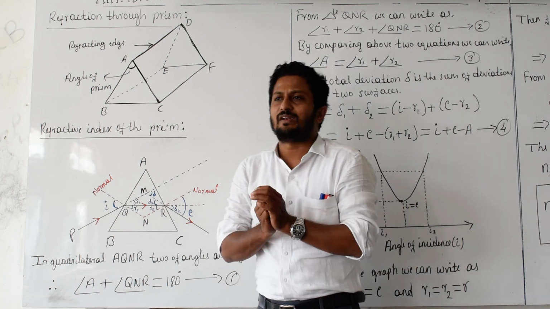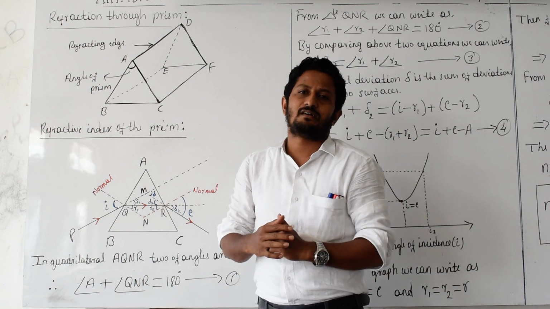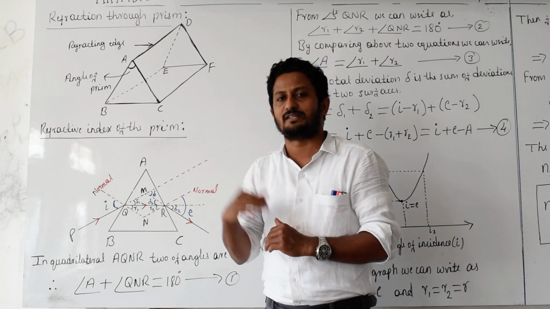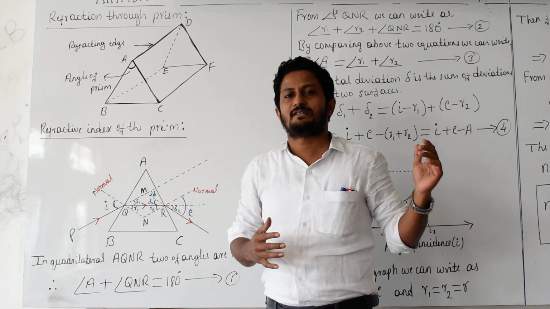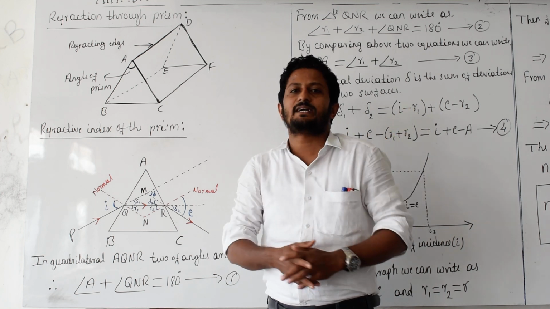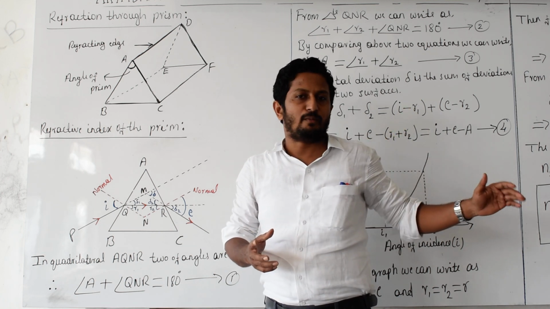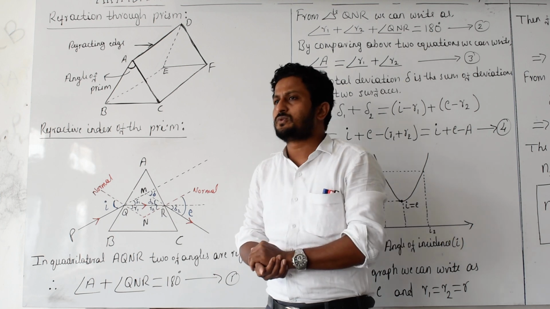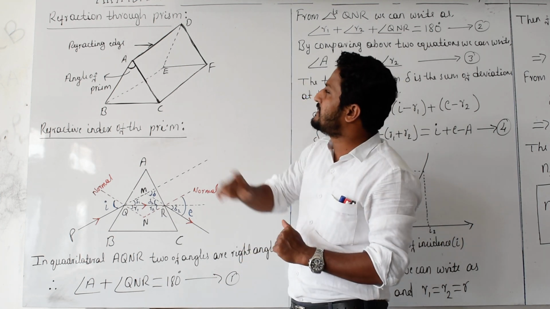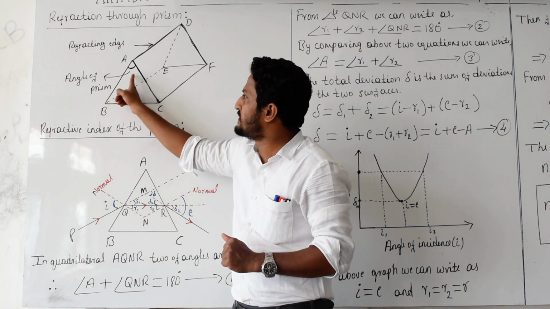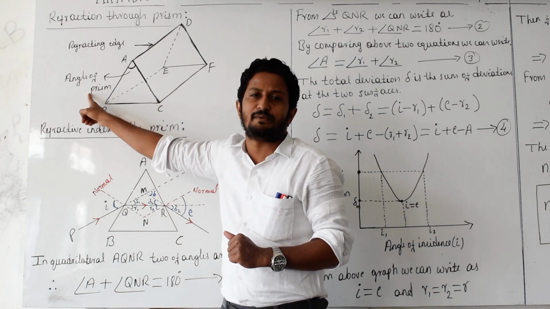Now when light is going to strike, or be incident on, this prism, it is going to get refracted. It is going to pass through it and finally come out from that prism. So now you see here a few terms. Here, this angle is the angle of prism. This one I have named as the angle of prism.